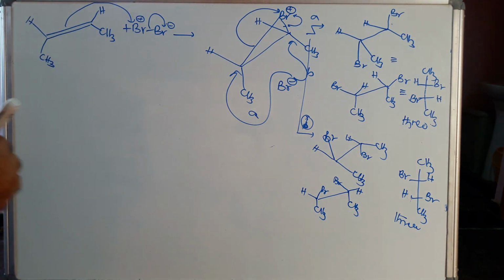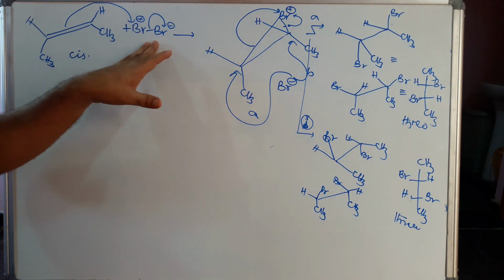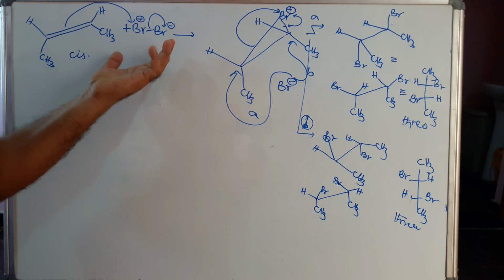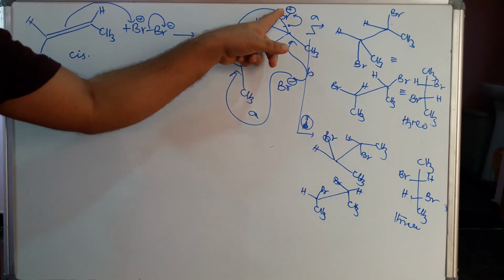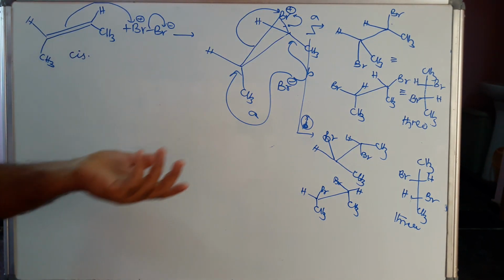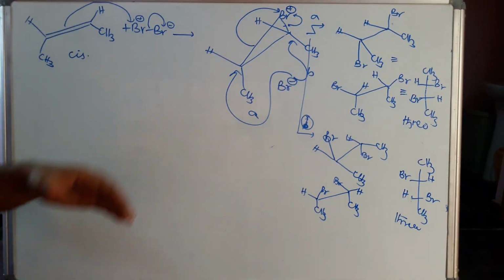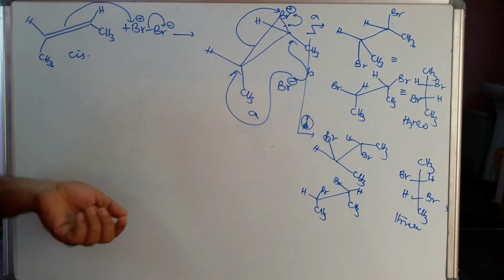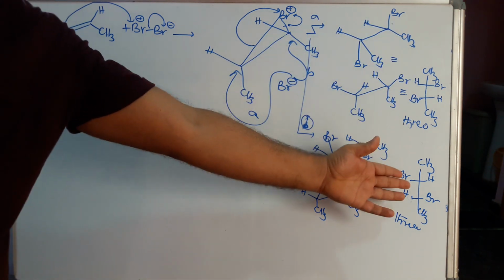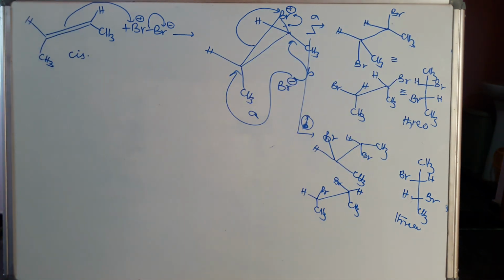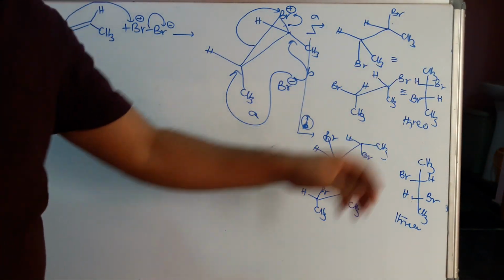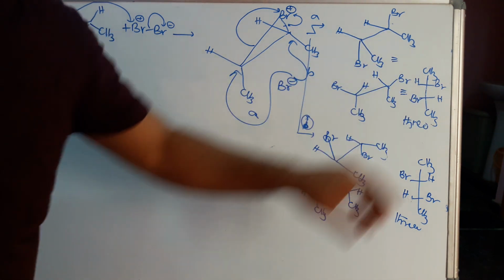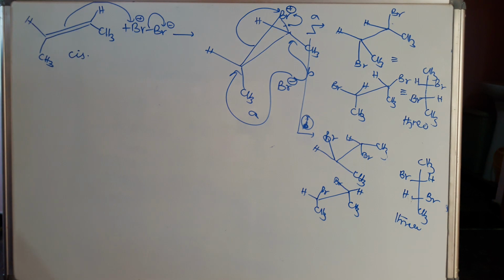From this cis-2-butene, this is the cis form. Generally in this addition of halogen, that is bromine, the addition takes place anti, so you can observe the bromines are opposite. Always consider, whether alkene or alkyne, this addition will be in the anti position only. That's why we get two enantiomers, and this is called external compensation. Externally, when the second one is added to the first one, the enantiomers form a racemic mixture, an optically inactive form. This is for the cis form.